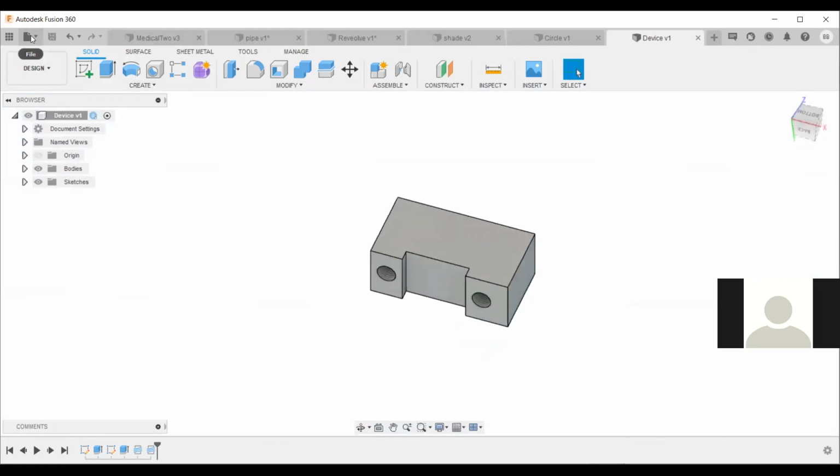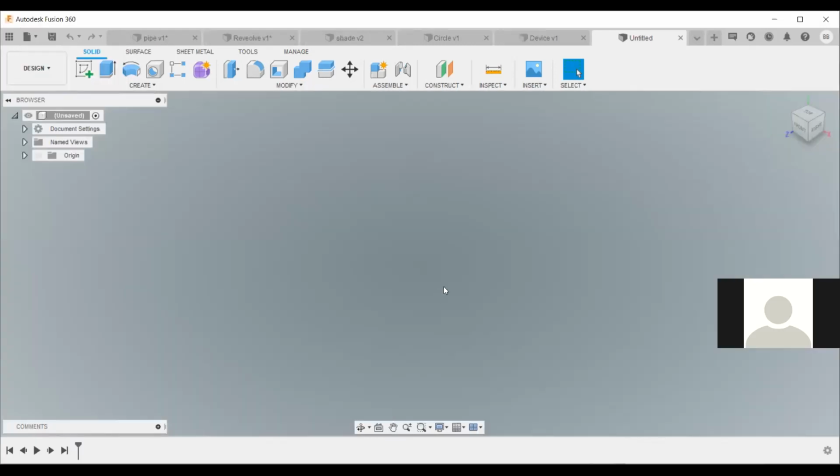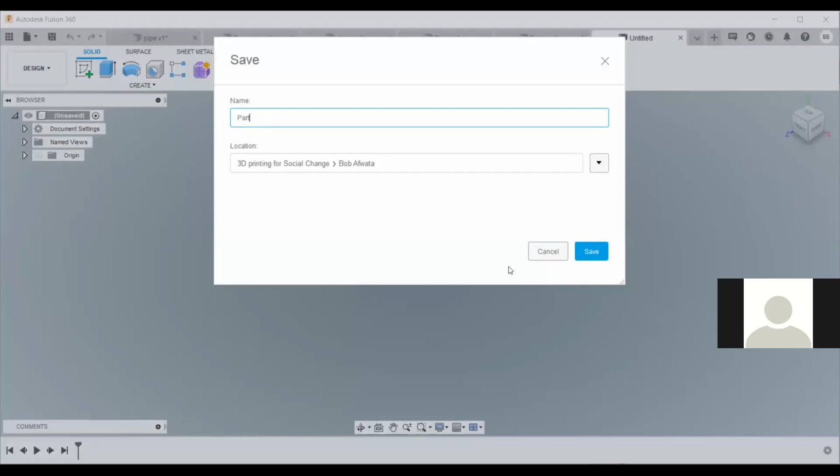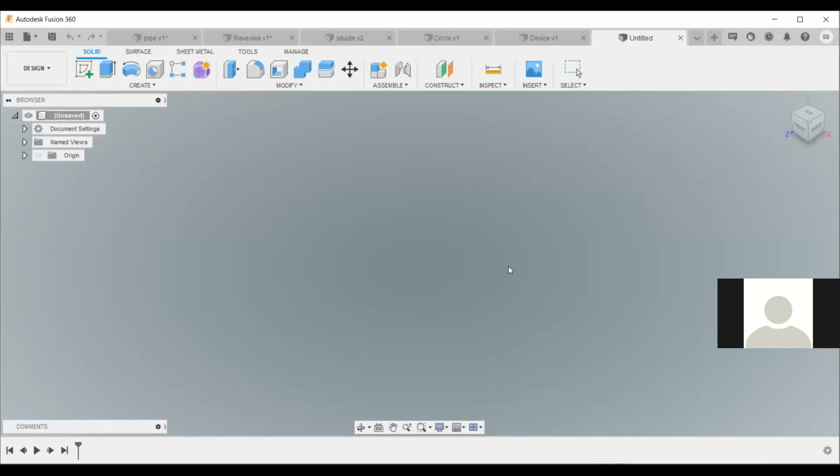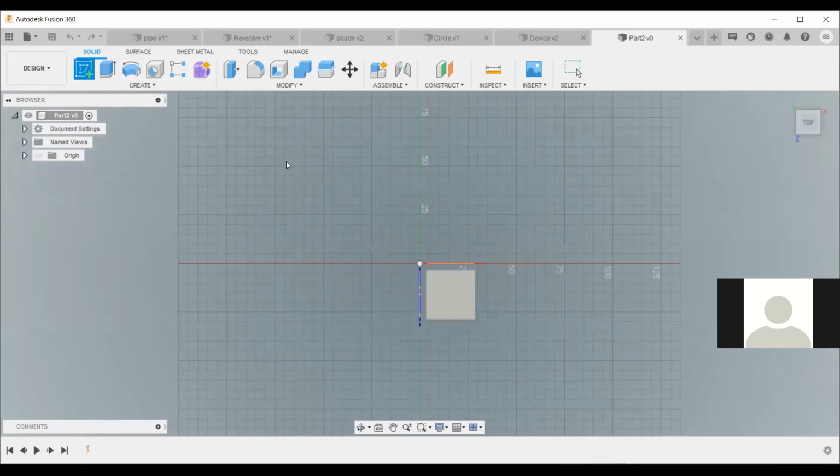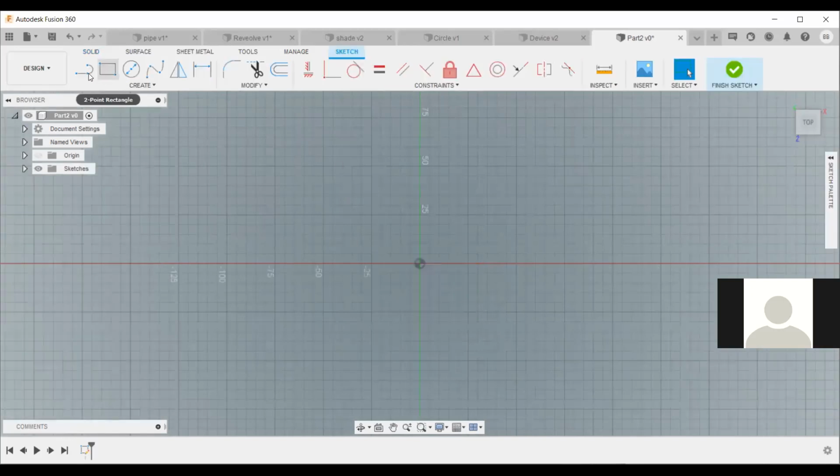Okay, so let's create another one. Create a new file, new design. Then we are going to call it part 2. So they should mate, or they should align. So you can create a new design or a new sketch. And if you remember how it was, if it confuses you, you can